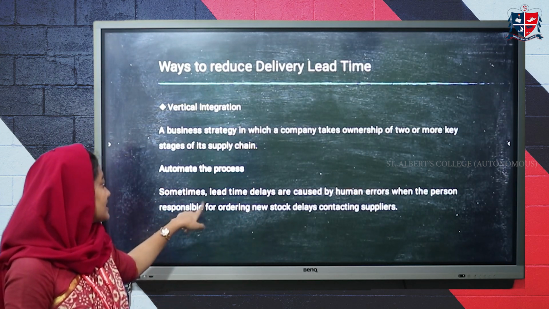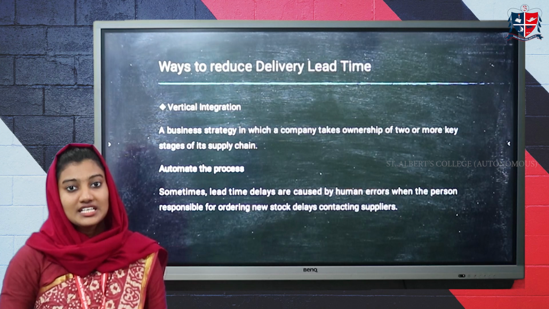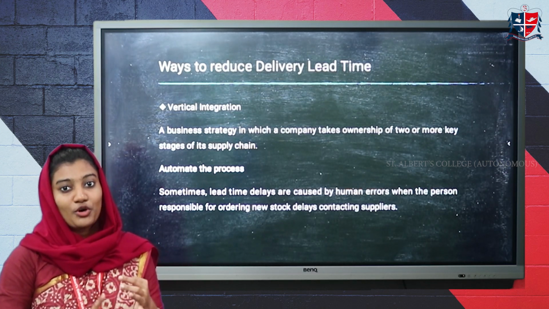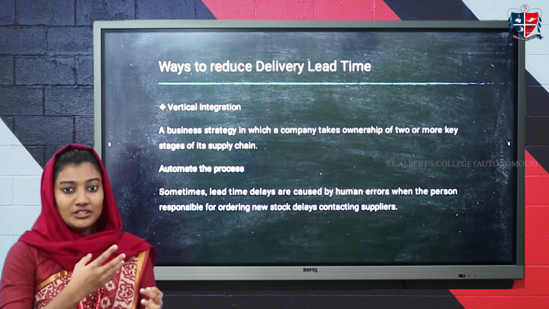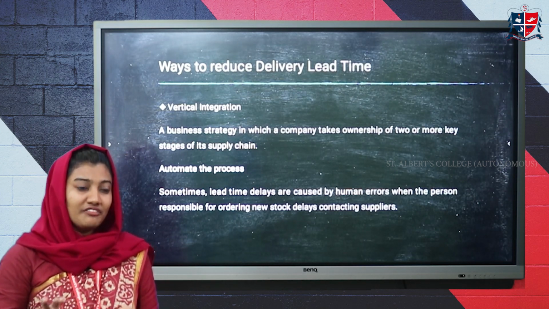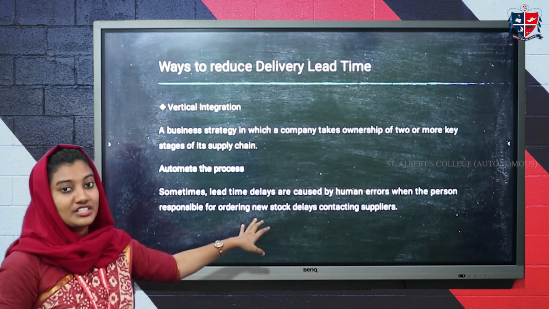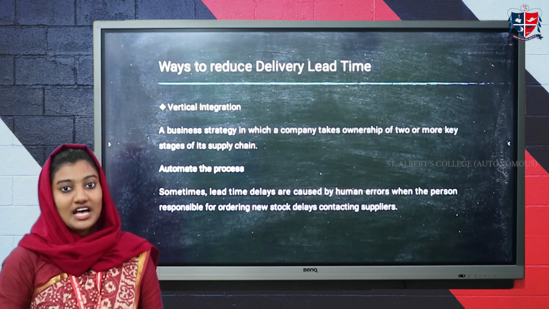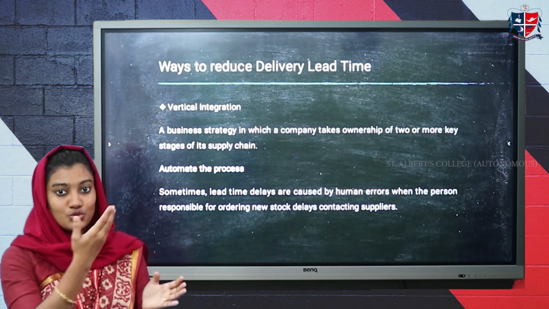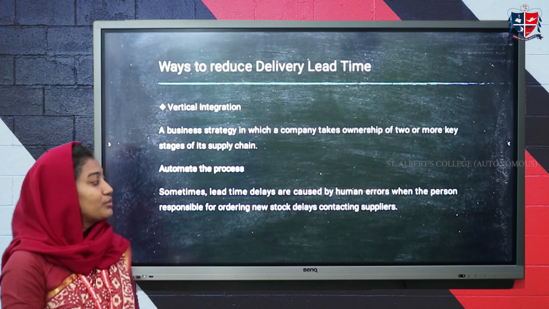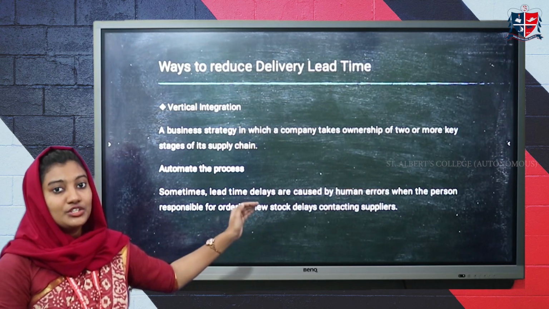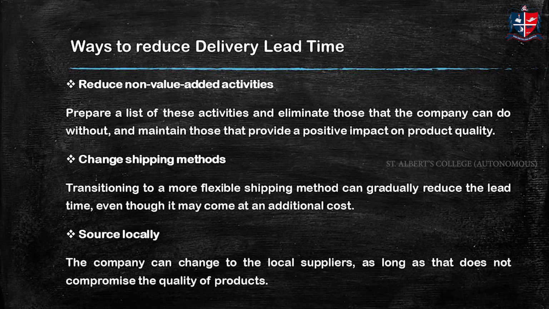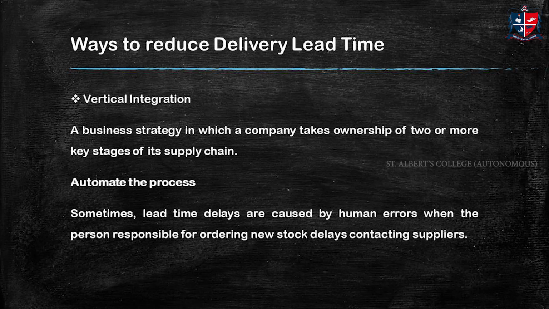And then the fifth point is automating the process. That is, instead of doing the product procurement or product order placement, everything in a manual manner, we can actually automate all these functions. We can involve any vendor management softwares or systems for placing of orders or to keep the record of inventory. So we'll be able to reduce the time taken during the placement of orders or inventory management methods.